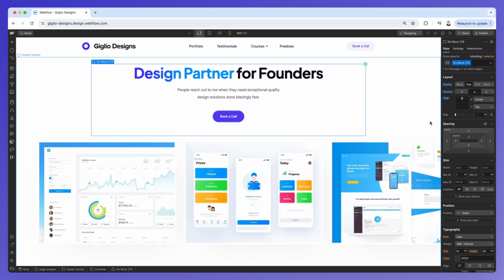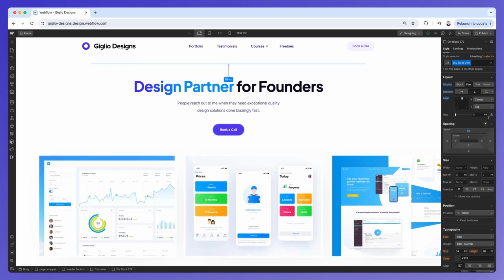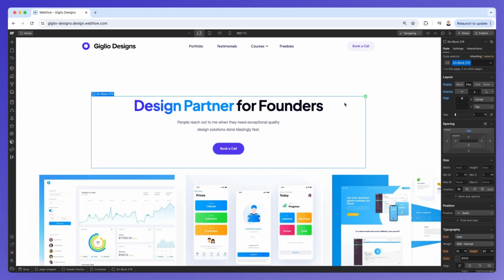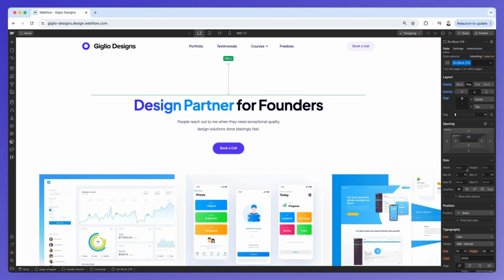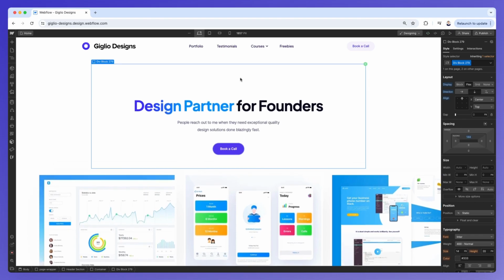Now let's take a brief look at how this looks. If we add, for example, margin on the top, you can notice that this space has been applied here above, but the internal part of this div block has remained the same. However, if we undo this and we try and apply the same value from a padding point of view, you can notice that now the element has internal space,